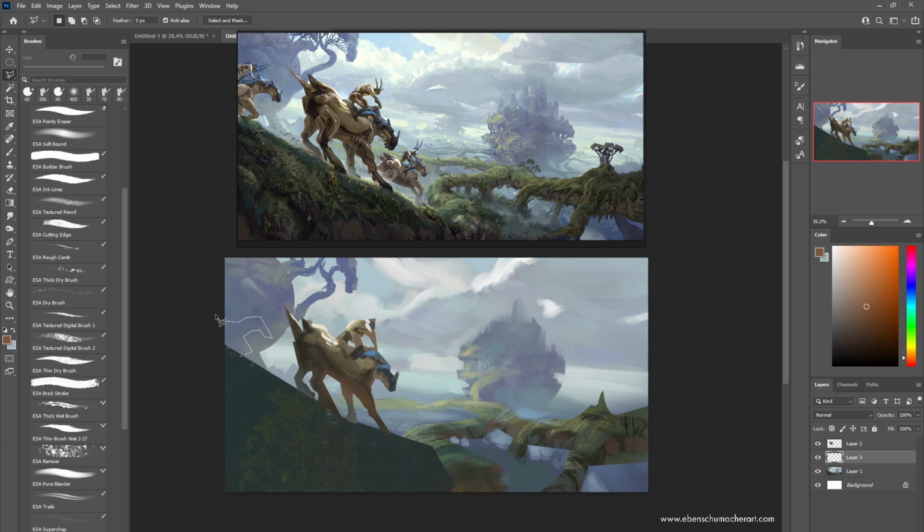Now you can, by the way, do this without using the lasso tool. This isn't totally necessary. I like to use this because it forces me to make limited shape choices. And it sort of forces me to think more broadly about the kinds of shape decisions I want to make, and making those a little bit more concisely. You can of course just do this by painting out all the brush strokes. It's totally up to you how you want to proceed with this, but this is just generally how I prefer to do it,